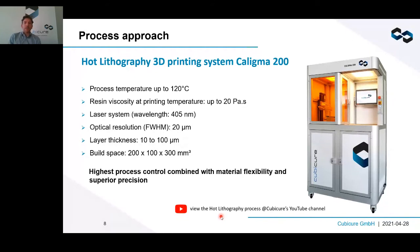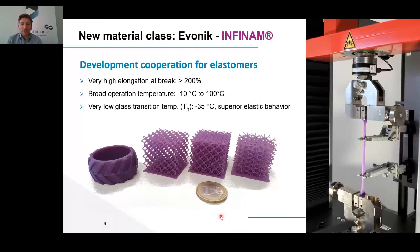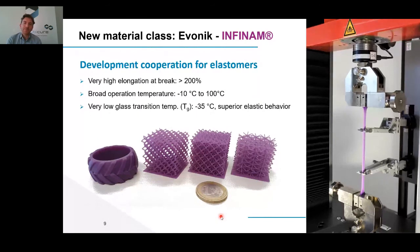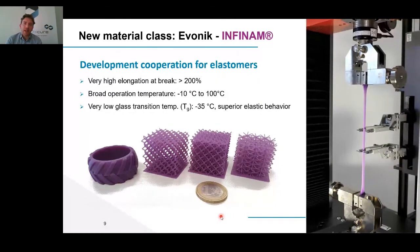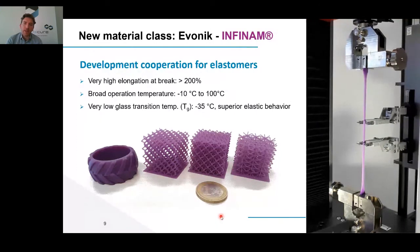Let's talk about materials now, because I said this is the most important thing. This is a very prominent development at this point. So we do that together with Evonik, in this case for elastomers. These are polyester-based elastomers. The nice thing is, for the first time, these are real elastomers coming to the 3D printing world, coming to the lithography world,